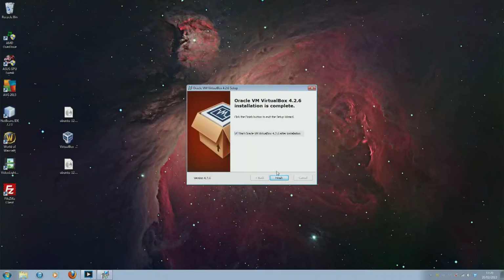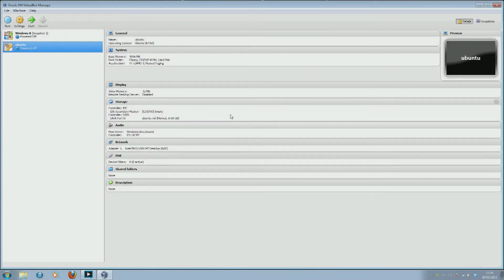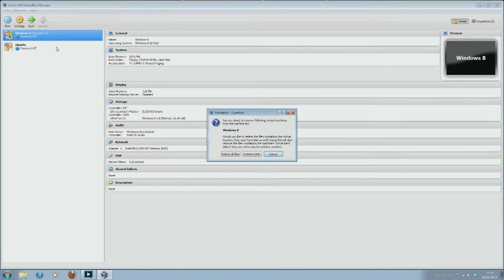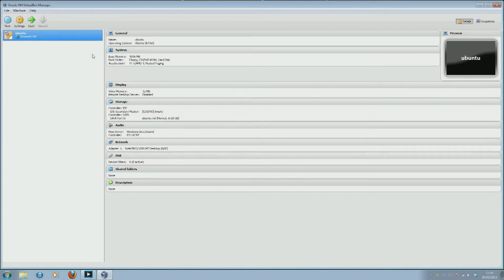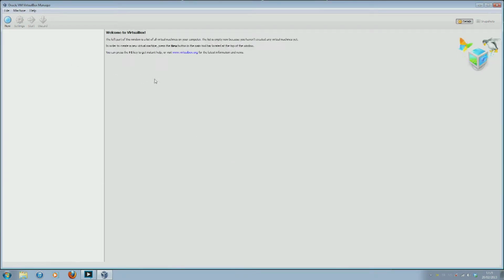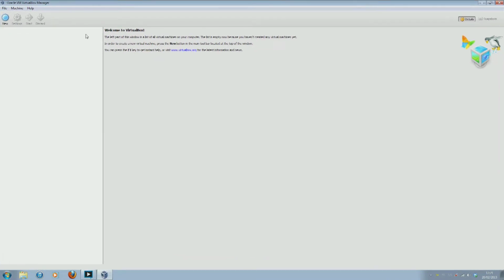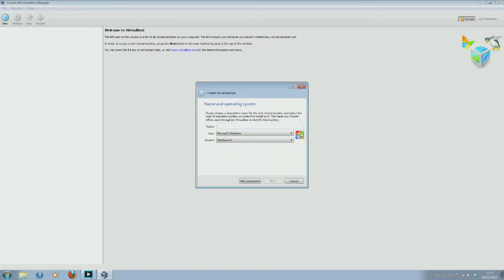Okay, so once that's finished, you can go ahead and start the VirtualBox software, and we are now going to use it to configure and set up a virtual machine. Just going to delete these so that I can show you from the beginning. So this is the screen you will be confronted with when you first start VirtualBox. So what you're going to want to do is click on the new icon at the top